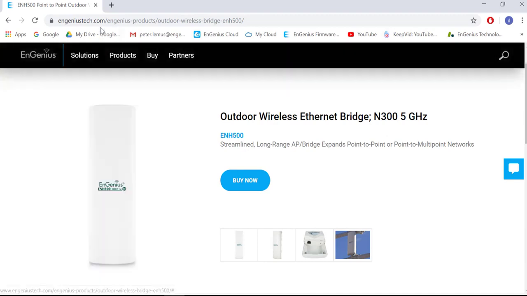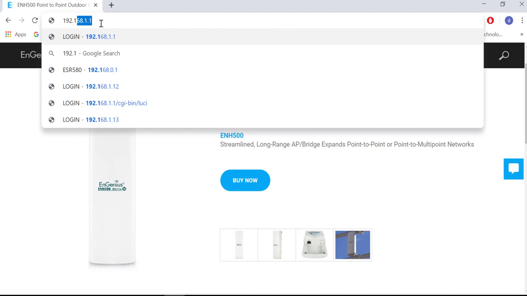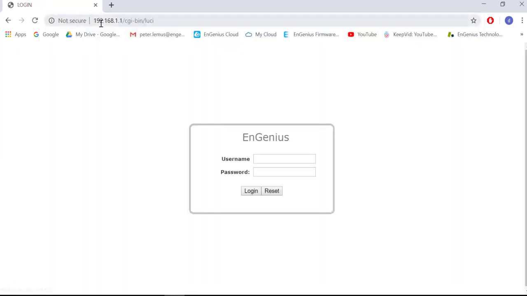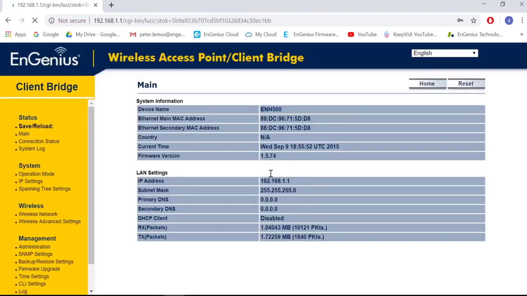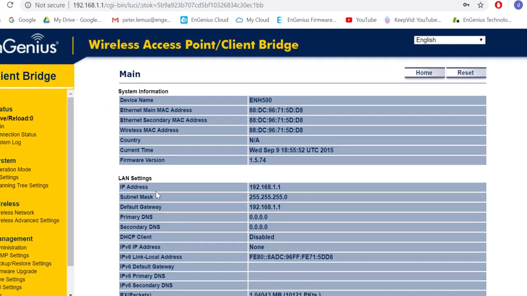The default IP address of the ENH500 is 192.168.1.1. You will be prompted to the login page. Press Admin, Admin. As you can see, the IP address is